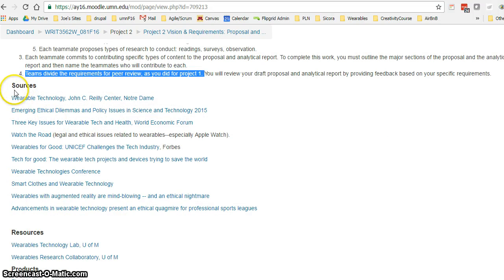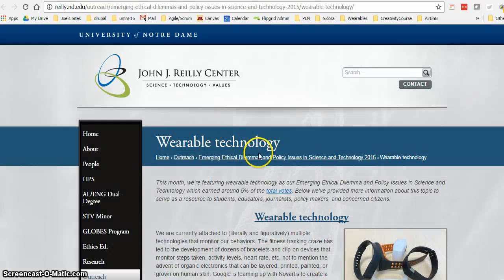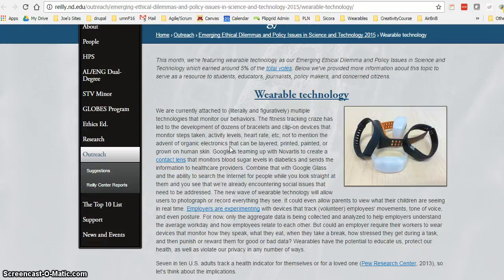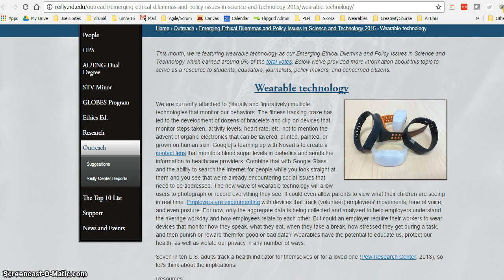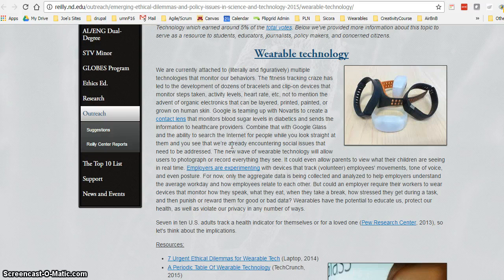The sources section gives you 10 sources. You don't have to search for your initial sources for this project. I've given you the 10 that I'm asking you to annotate. And as you look through them, they are in a variety of forms, I guess. Here's an introduction, and you might apply the 11 critical thinking steps just to this introductory paragraph. Or